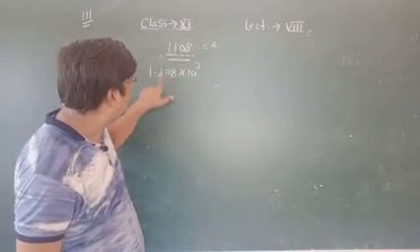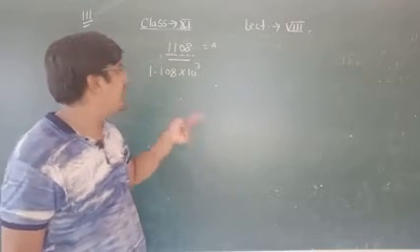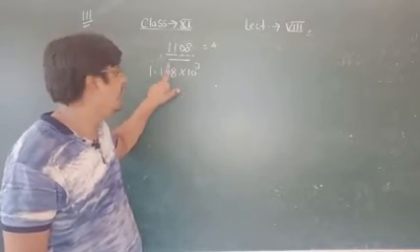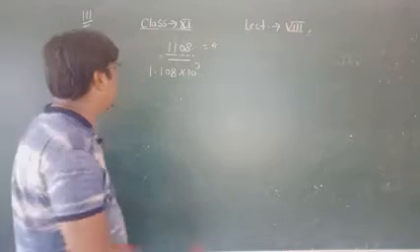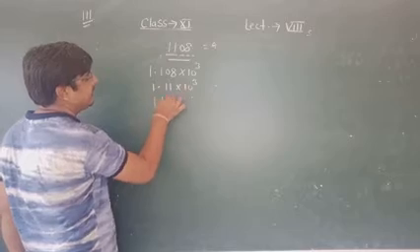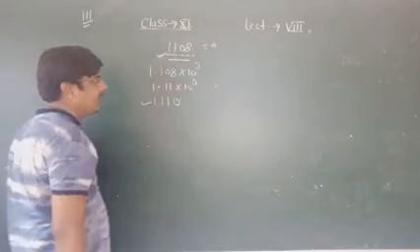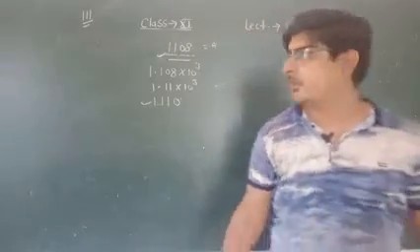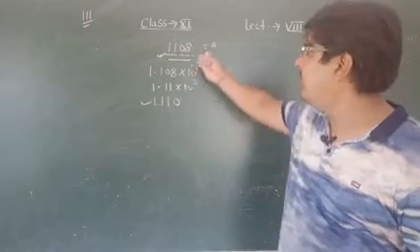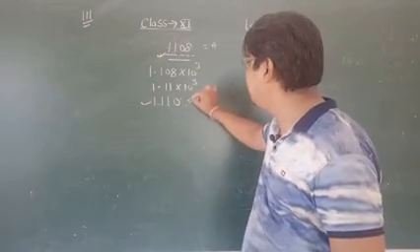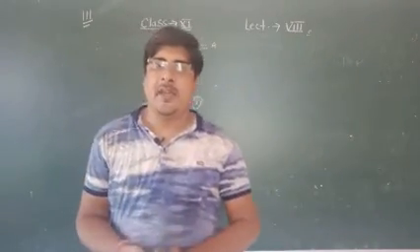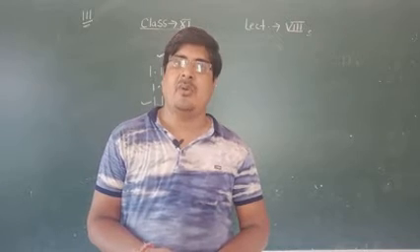After this the significant number is 4. Now you can remove the 8, and after removing the 8 you will have to add 1 because 8 is more than 5. So your answer will be 1.11 into 10 to the power 3. Okay, I can write it as 1110. There is the precise value. It is the closest value to this. Here the significant figure is 3, and here the significant figure is 4. Okay, so your result should be precise or accurate.